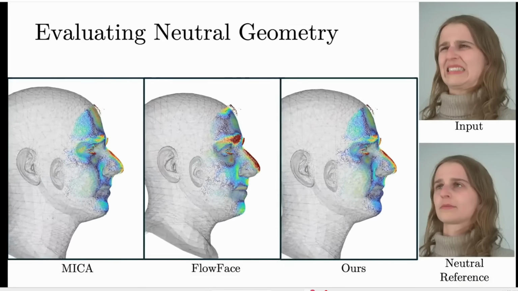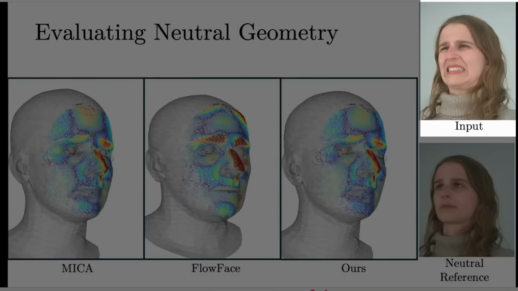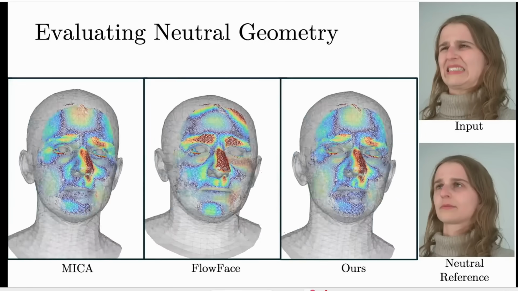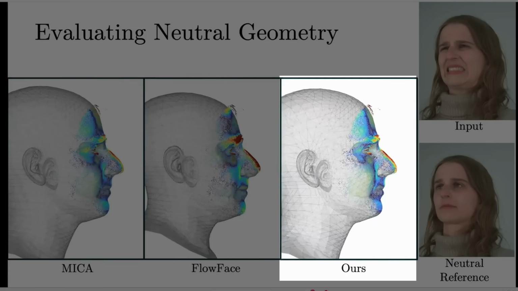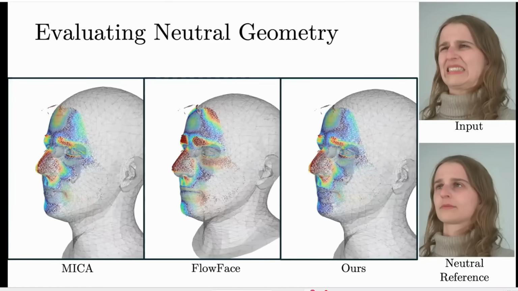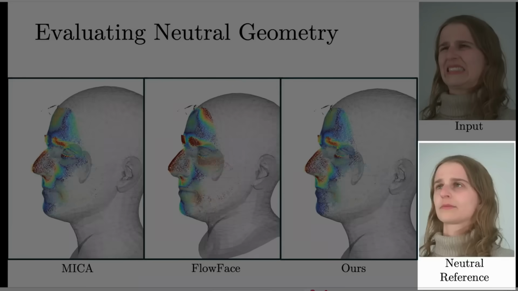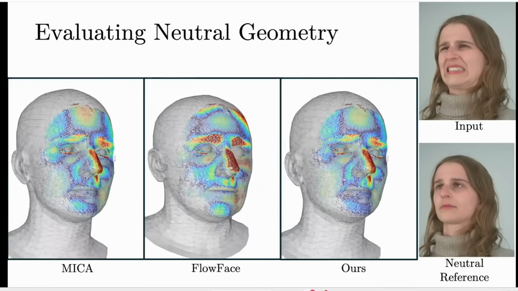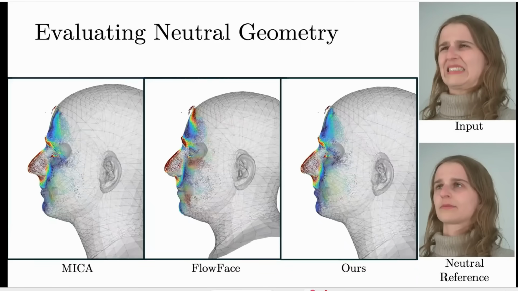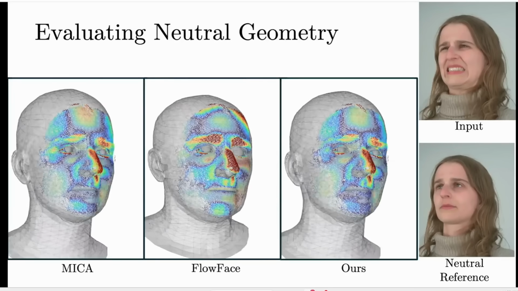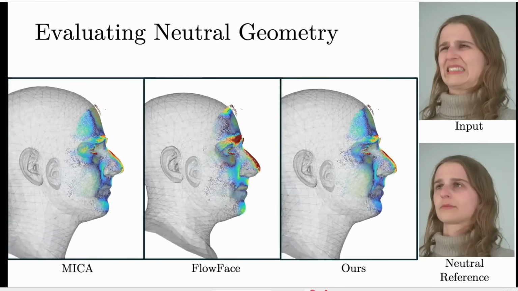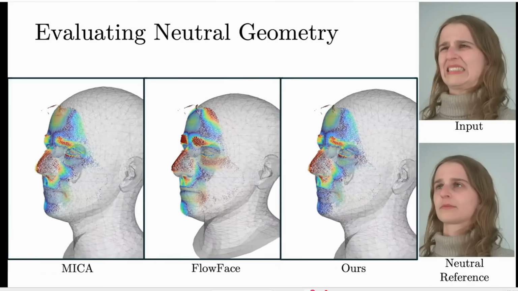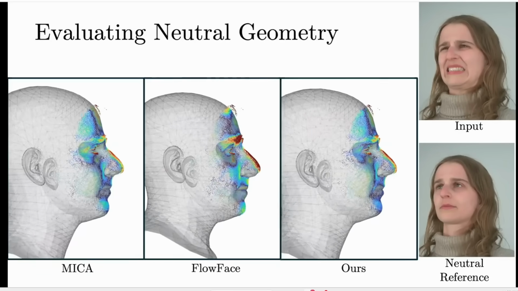Note that you can edit this 3D face further. So let's say you have this input image. Well, you can first extract the 3D face from that and then convert it into a neutral expression. And if you compare that neutral face to the ground truth, notice that it's pretty accurate. Again, the colored parts of the 3D face indicate errors, and the red parts are where the errors or the differences are the highest. And as you can see, this new AI again contains the least amount of errors, so it generates the most accurate 3D model of that person's face.